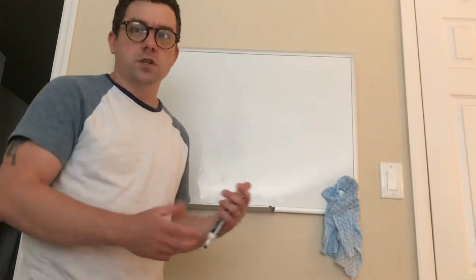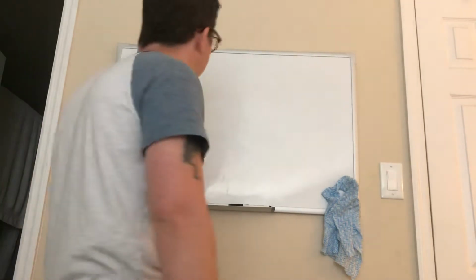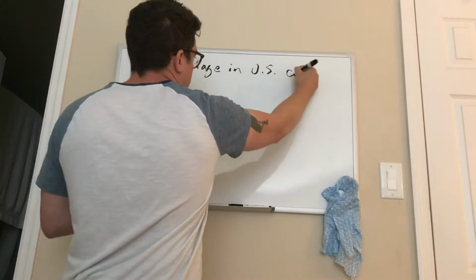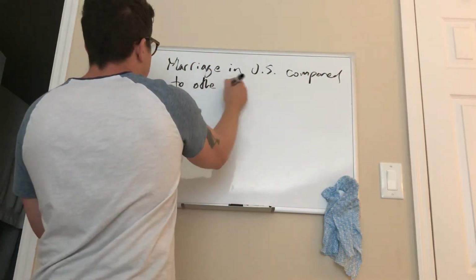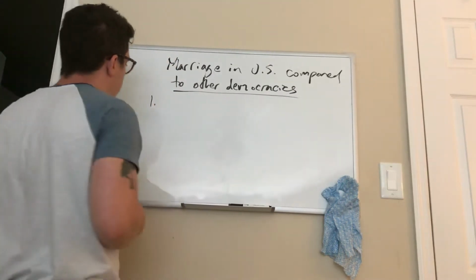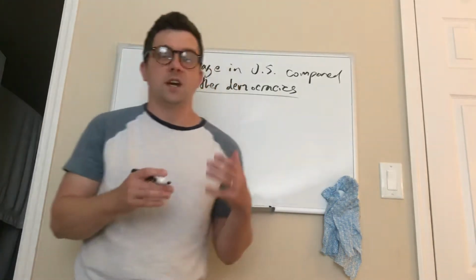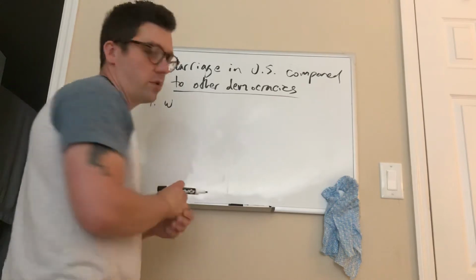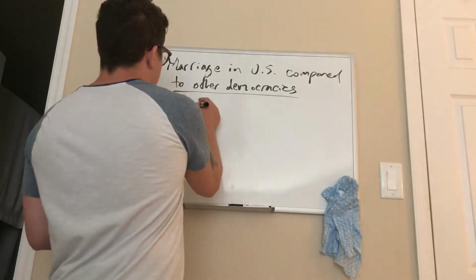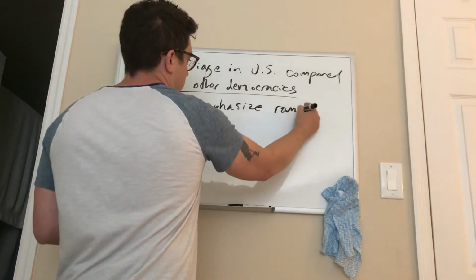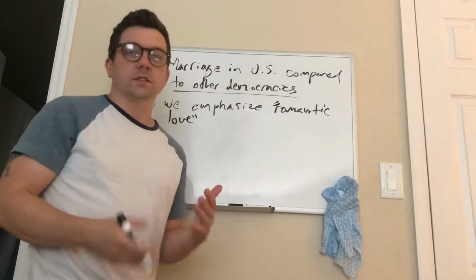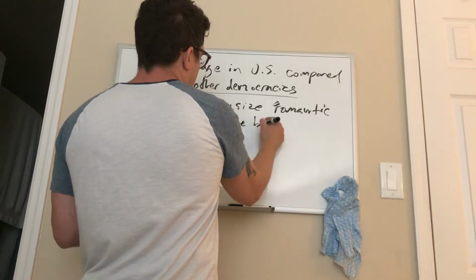And we have a sort of different culture when it comes to marriage than these other democracies have. So I'll say marriage in the U.S. compared to other democracies, other developed nations, however you want to put it. The first thing is we seemingly care more about romantic relationships. We put more emphasis on romantic love as the basis for our relationship. So I'll say we emphasize romantic love versus other, like, practical considerations as the basis